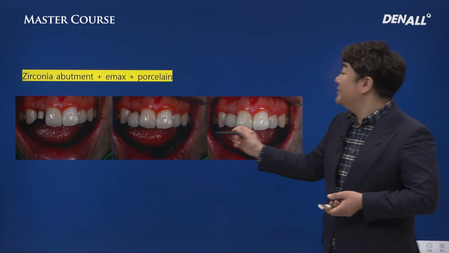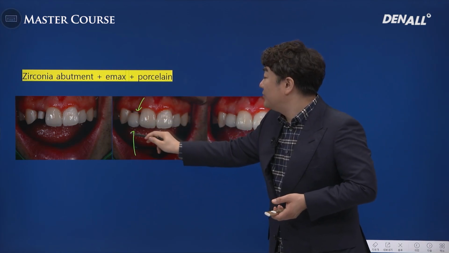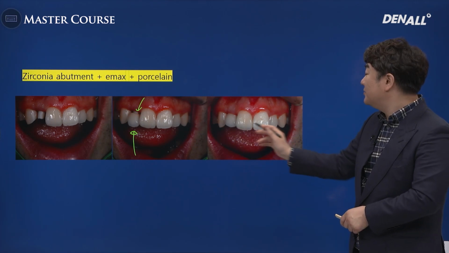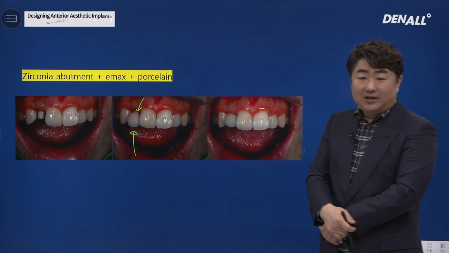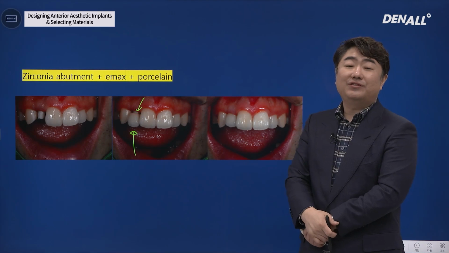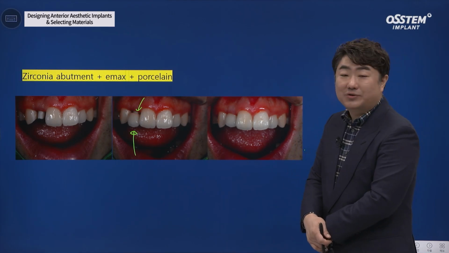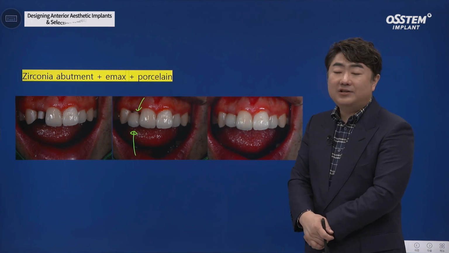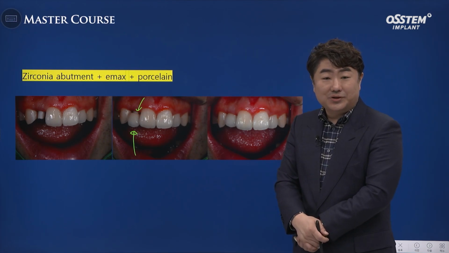Emax crown has been added on top of zirconia abutment. It's quite aesthetic. In my opinion, you can get similar results using monolithic zirconia. As for implant crown, I don't think you need to use Emax necessarily. To give you clinical recommendation,